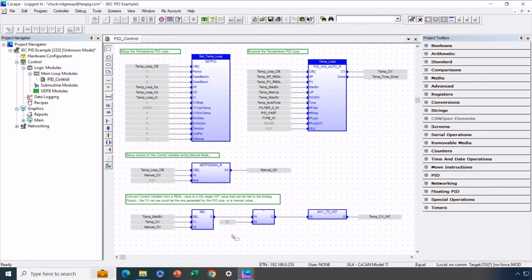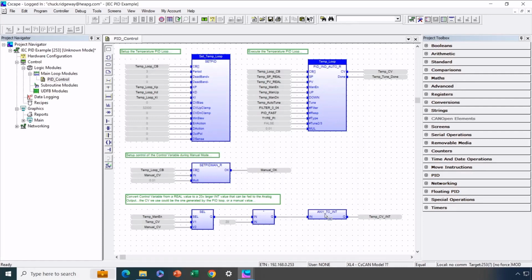And then, of course, the other part of things is we're going to be doing some scaling on our CV, which is a floating point value, and we need to scale that and convert it to an integer so that we can write it to our analog output value, which is tied to %AQ9. So this is a variable that's tied to AQ9. And what I'm doing here is effectively taking the raw value from our CV and multiplying it by 20 to expand the range, to take advantage of more of the range, and then I'm converting